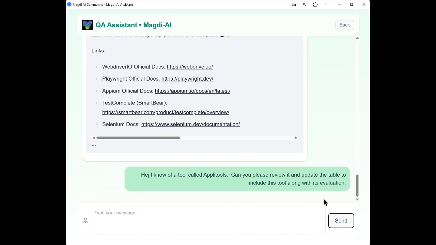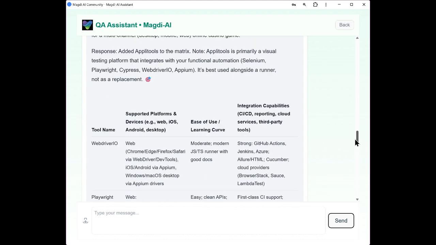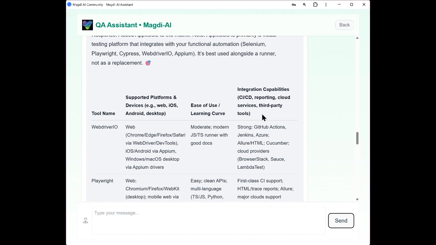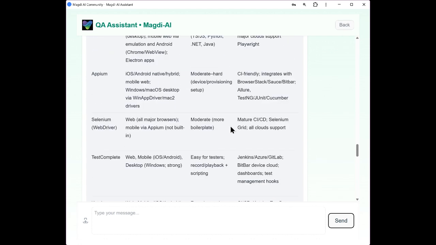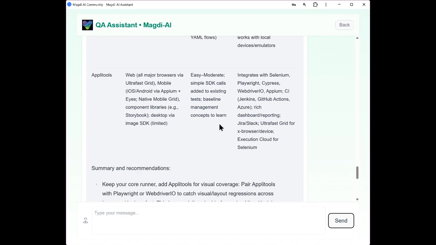So we can see that a little bit of time to perform that task. But the way I see it, or what I was hoping to achieve with Magdi AI, is to really help QA optimize their time, especially when you're talking about sharing your time with the duties that are most important, which is the testing, but also optimizing your time with other duties that you're required to do, such as tool evaluation. So you can see that it updated the matrix, it added Applitools, it gathered the